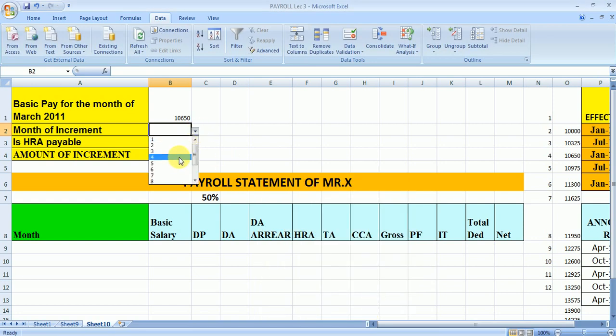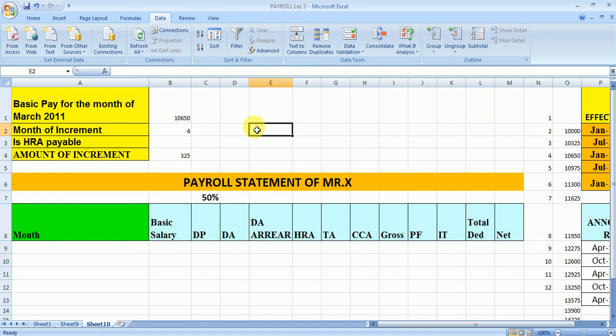So you can select any month, because in this question the month of increment is not given and it depends upon the date of joining. So let's suppose if I have joined the organization in January, I'll be entitled to the increment that will be in January only. So in this way the date of increment is fixed.